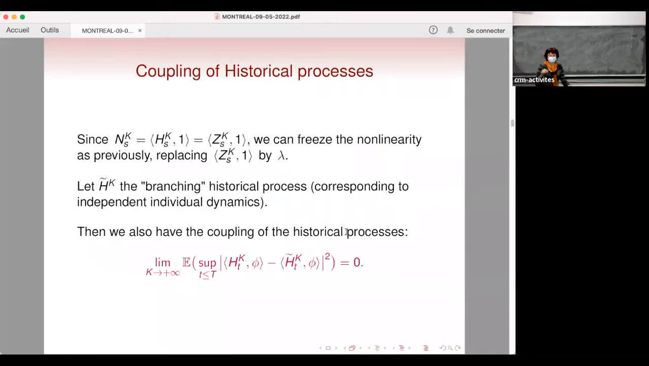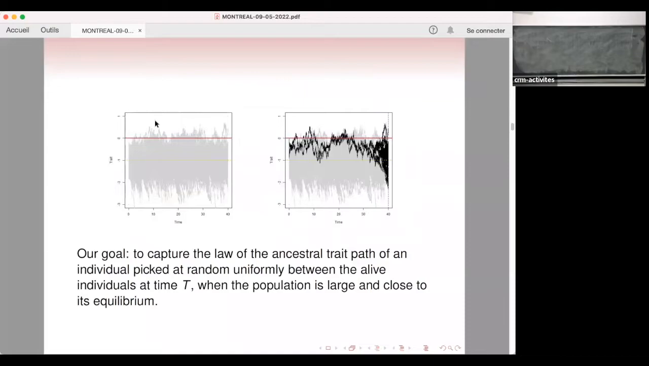Remember, the historical processes take into account all the paths of the individuals alive until a certain time, and the H^K_t is a measure-valued process, and the values are in path space stopped at small t. And for H tilde^K_t, you have the branching property. So remember that our goal was in this framework